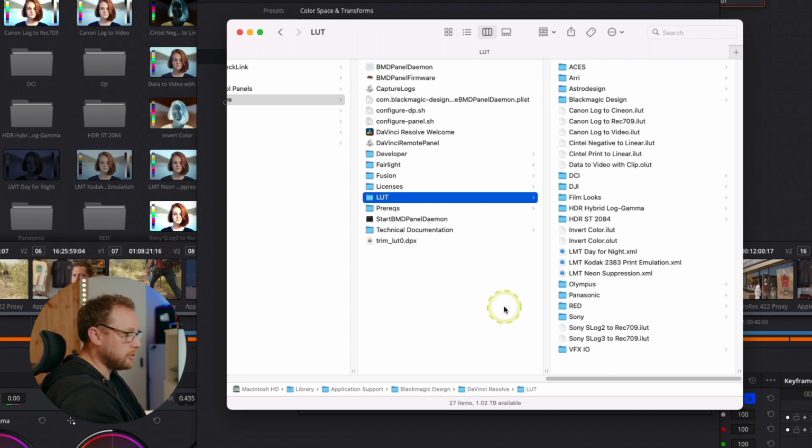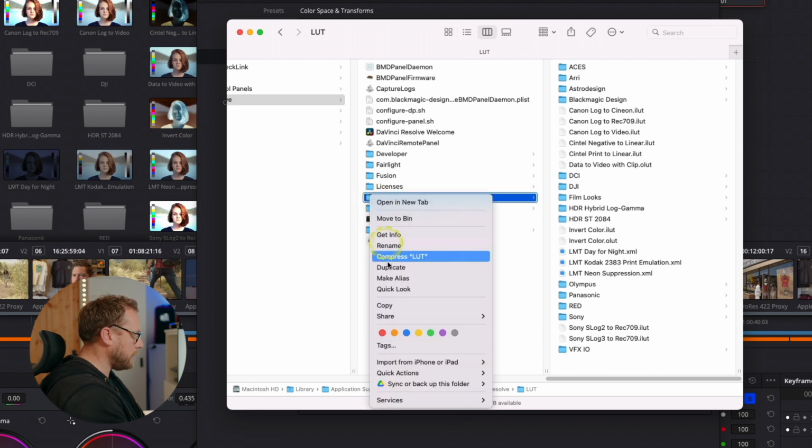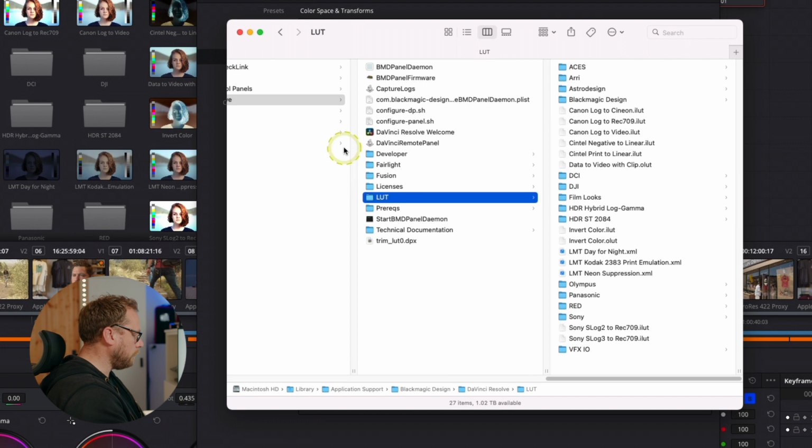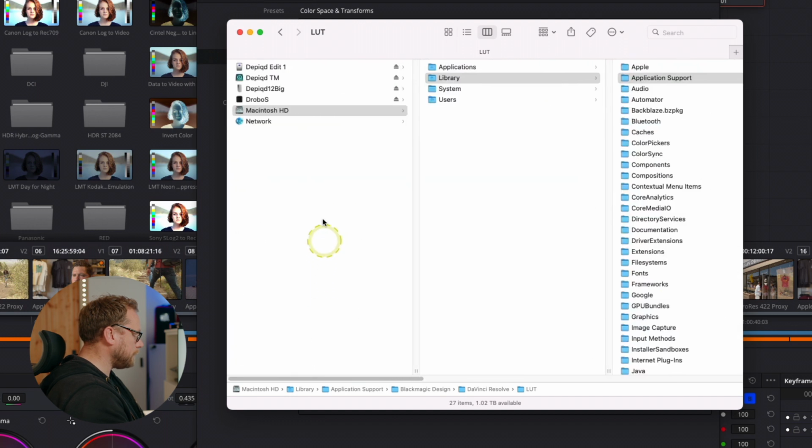So if you had LUTs, you could install them into this location, and they would appear inside your LUT gallery inside Resolve. So if you wanted to, you could back this whole folder up. We're going to just go a little bit old school by right-clicking. I'm going to go copy that. I'm then going to navigate back to my desktop,